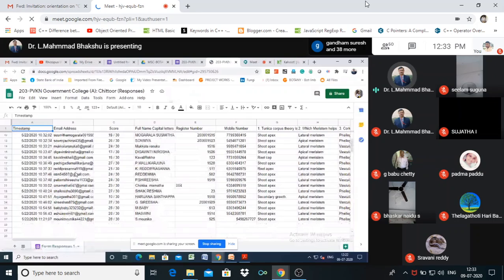So this is the basic concept of the creation of Google Forms and Google questions, as well as getting the responses, analysis, and exporting the Google form in the form of an Excel sheet, so that the analysis will be very easy.